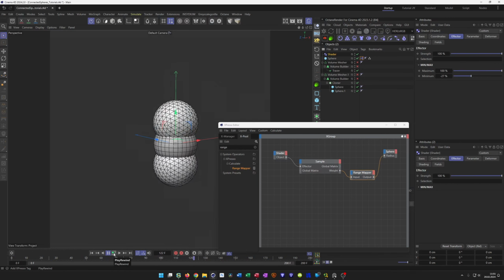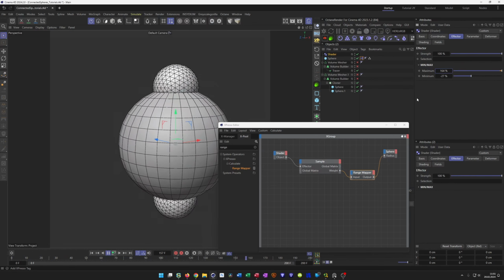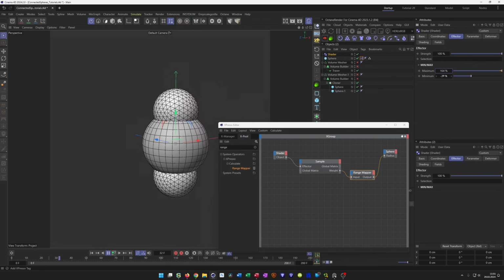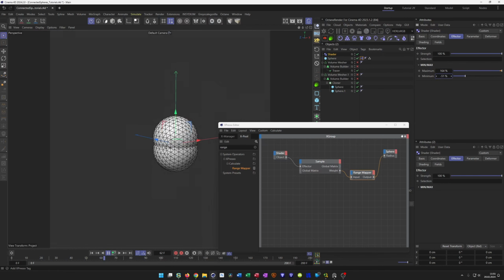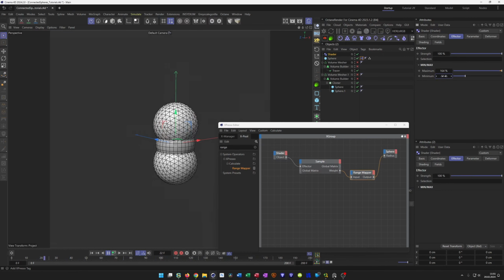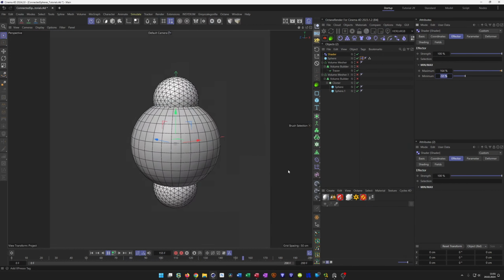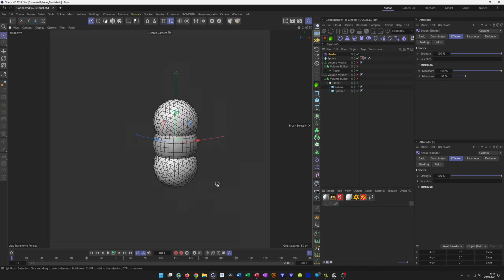Okay, we have this nice. Maybe we want to make it a little bigger even, so we can go with the maximum and bring it a little further out. So yeah, then I can go back here, so something like that. Yeah, this is a nice movement. Whoop, yeah, exactly what I need. Nice. So save it, and now of course, when we hide our sphere here, activate our volume measures here, and